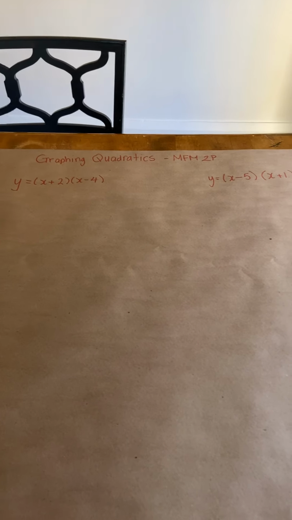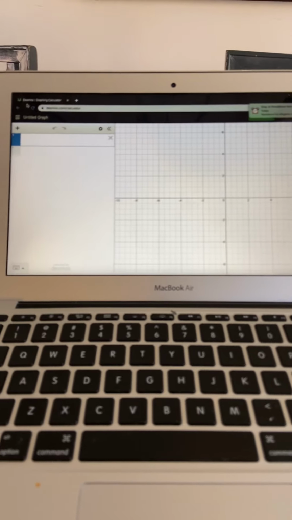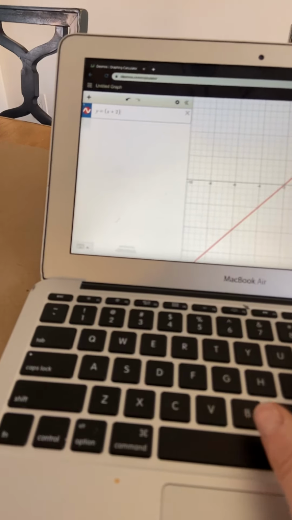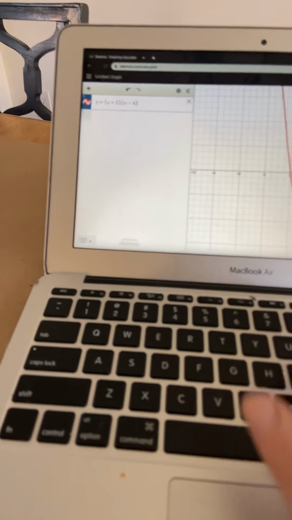So on my dining table, I've got two equations. And they're both quadratic. They definitely are not linear. And I want to see what these two quadratic graphs look like. So I'm going to use Desmos. I've encouraged you before to use Desmos. So I've got my computer, and I'm going to enter the first equation into Desmos. Y equals (x + 2)(x - 4). Okay. So I've entered my equation from the table